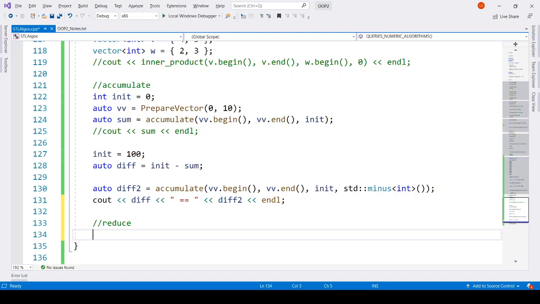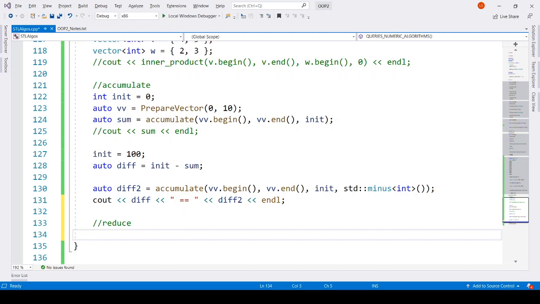The difference is that this reduce function can be executed in parallel, while accumulate always executes in sequence. This reduce function has been added in C++17, and in C++17 we can use reduce like this.